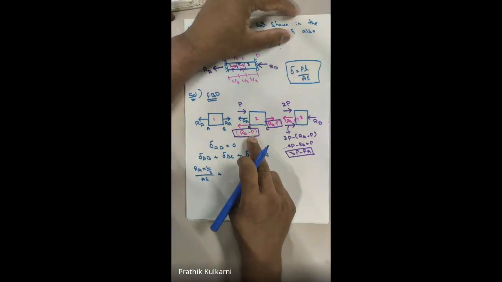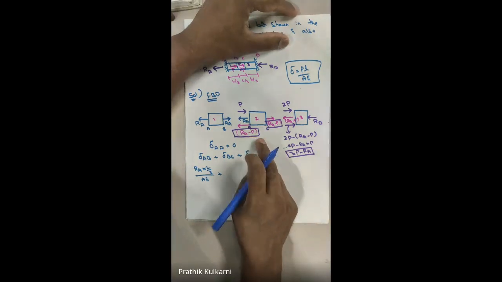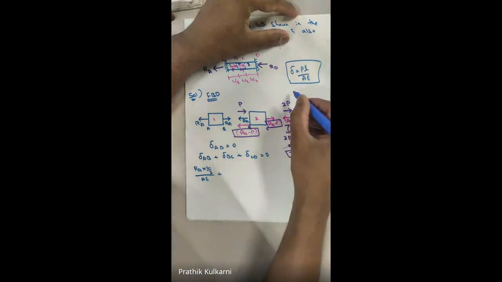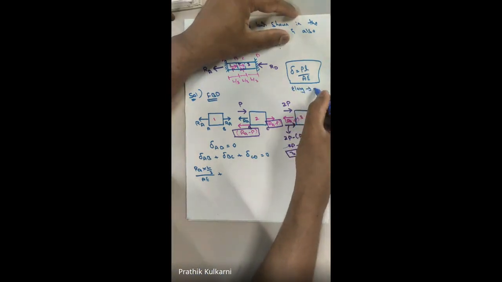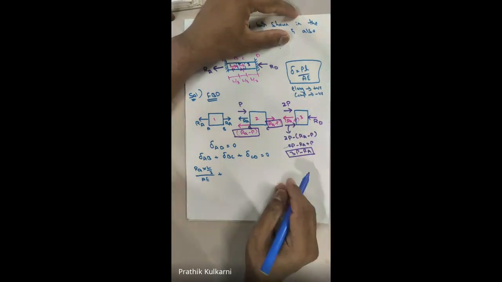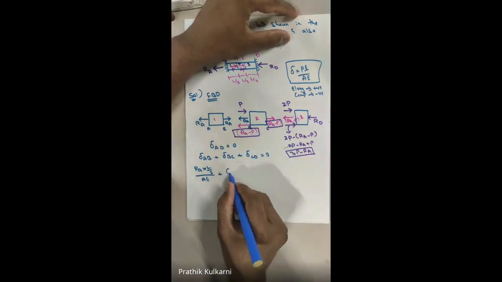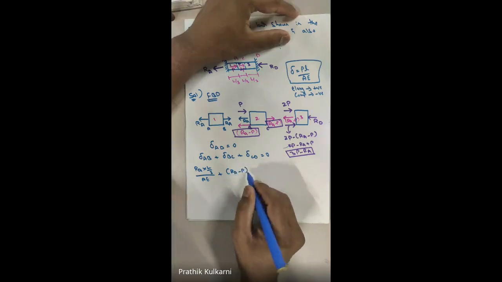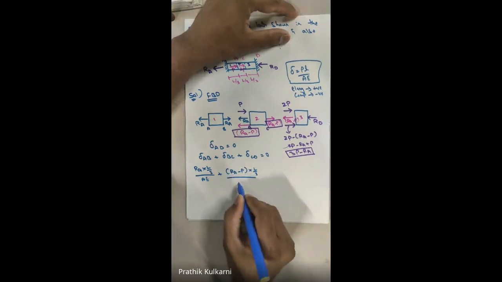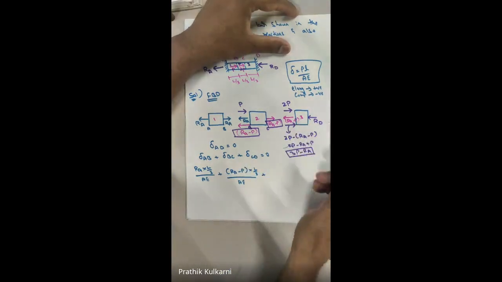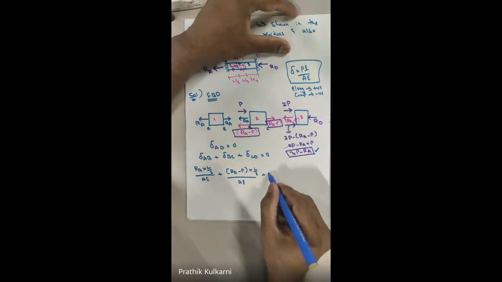Plus what is delta BC? What is the force here we have to take? The force we have to take is RA minus P. Fine, RA minus P. But please be careful, as I said, if it is elongation, take it as positive. If it is compression, take it as negative. This was our elongation so it is positive, this is also elongation so this is also positive. RA minus P into L by 3 by AE, plus the third one is our elongation or compression. Direction is inside, so minus.